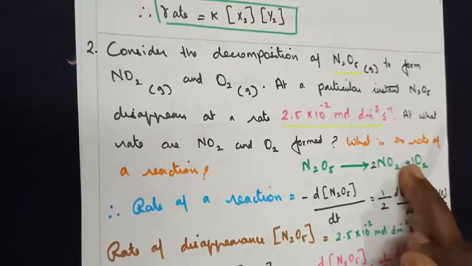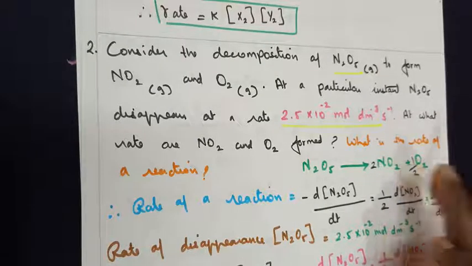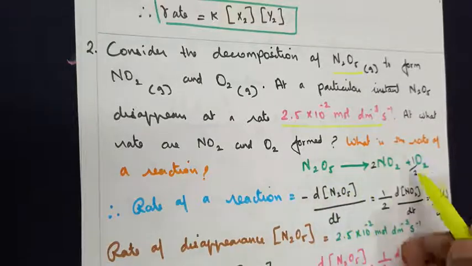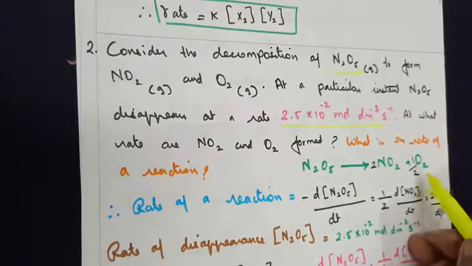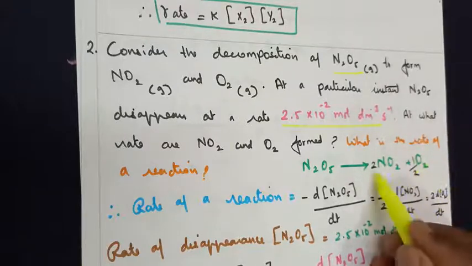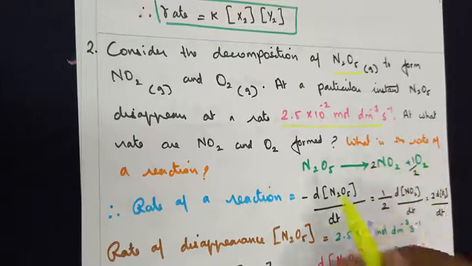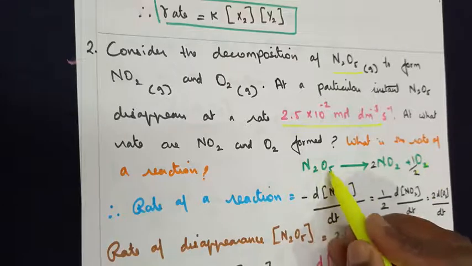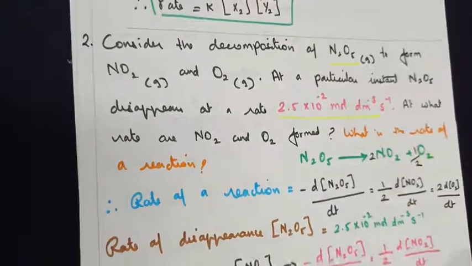If you take this oxygen as it is, it will become a 6, but we need to get only 5. So I am dividing it by half. So 2 and 2 will get cancelled. I will get a 1 oxygen. 2 2s are 4 plus 1. So nitrogen is also balanced. Number of oxygen is also balanced there.